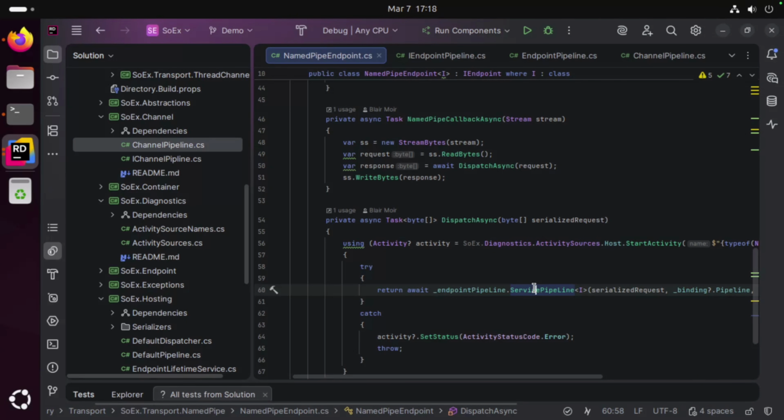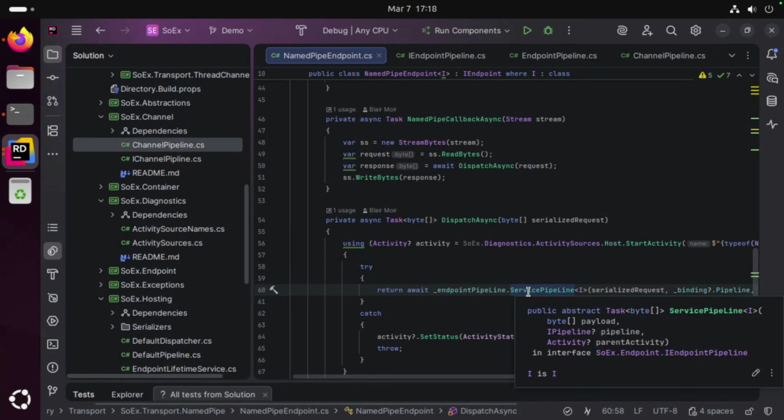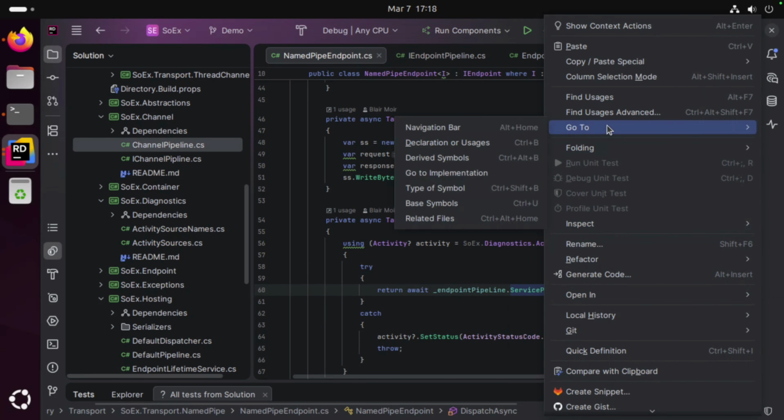But within the service pipeline, that's where your pipeline configuration that we showed earlier goes into, which means that in there you can then change the serialization. You can change which dispatcher actually gets invoked. I haven't done an example of where you would replace the whole dispatcher, but I have done an example where you might decorate the dispatcher. So